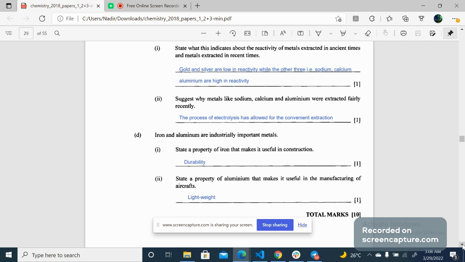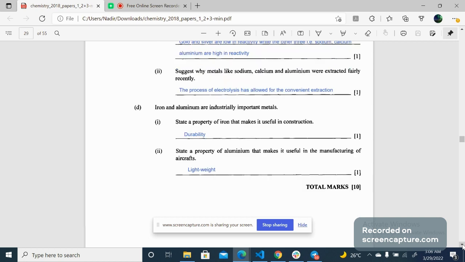Okay, so it has a good combination of properties. Because this is also a one marker question, one property I can write is just lightweight. I can write about any of the good things about aluminum, which makes it a good candidate to be used in the aircraft industry and making airplanes and flying objects like this.